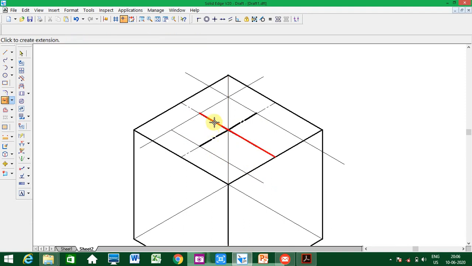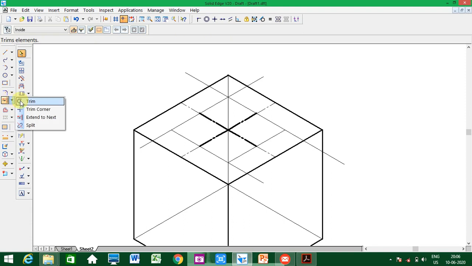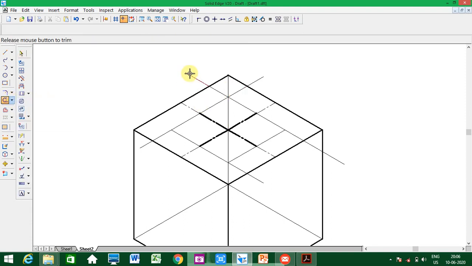Then I'll draw parallel lines from this end. I'll extend this. So now what will you do? See what I will do now. I'll trim this. Manually this method is very easy, and on the computer it is very difficult. But on the computer we are not doing it this way. We are scaling down the outside square box to a 30 mm side. I'll show you that later.